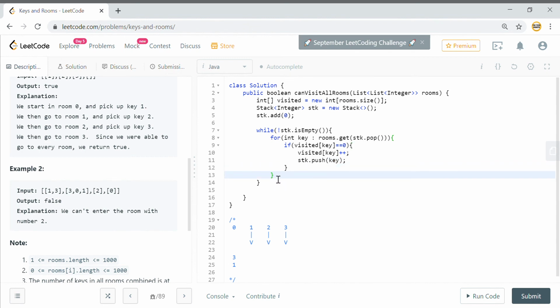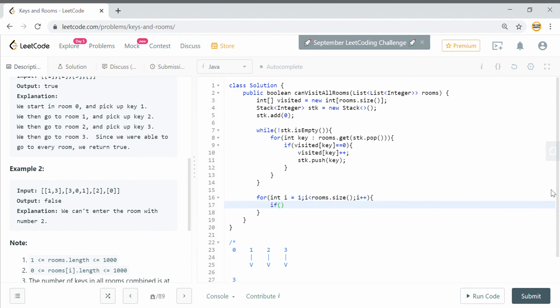It will mark all the visited rooms, and finally what you can do is you just go through this visited array. So you start from the first room, like I told here, and I list than the list of rooms that we have, which is this i++, and here we can do a check whether the ith room was visited or not.